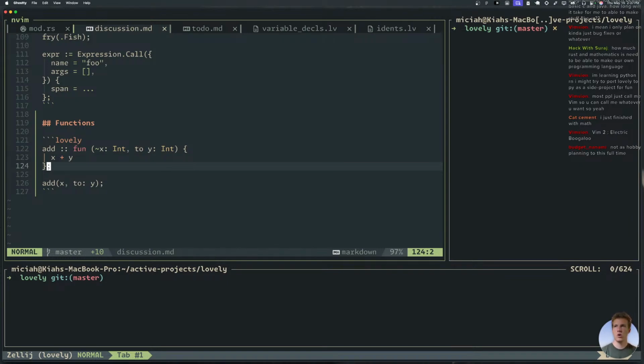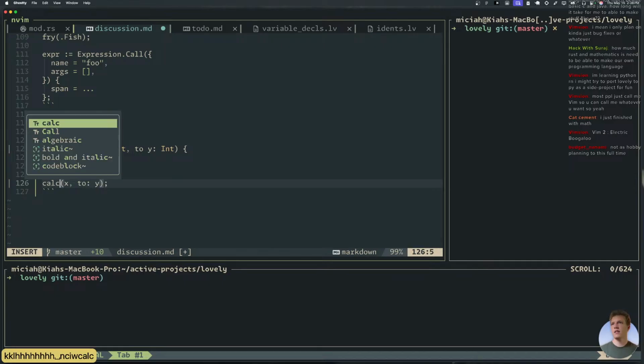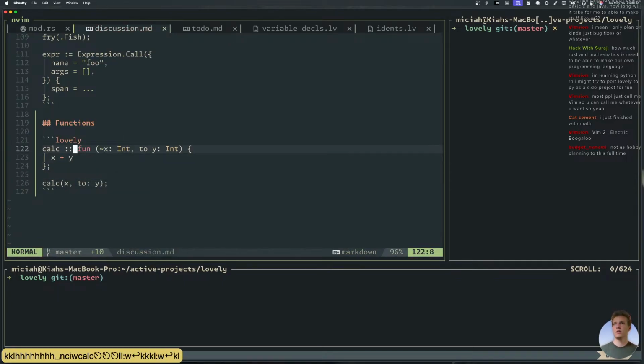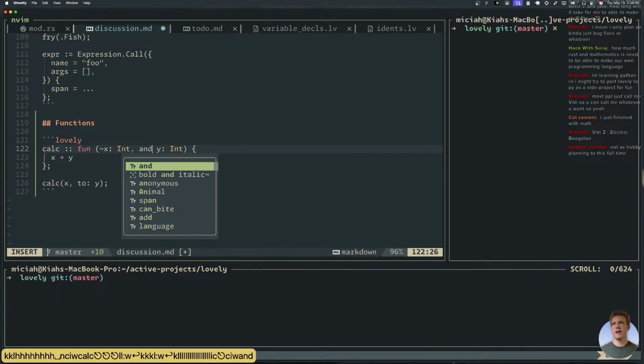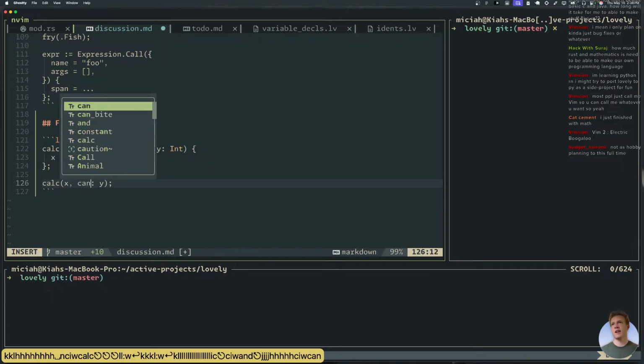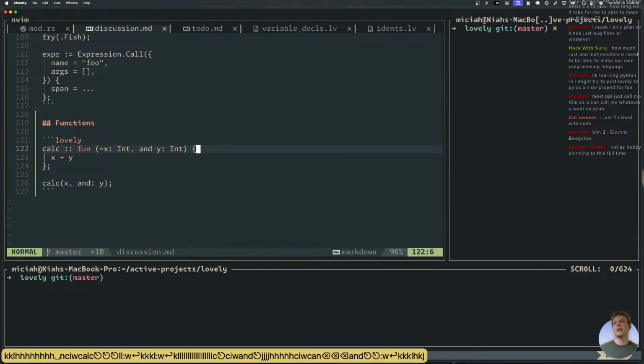All right, so here's what we're gonna decide. Let me rename this because it doesn't make any sense. If I make this calc, and say x and y, calc x and y. Okay, whatever. And then say there's a bunch of steps up here.